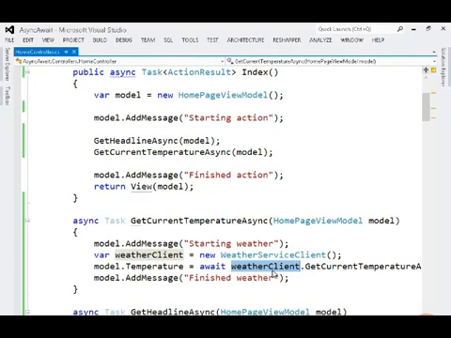Now this is not typically something that I'd want to do. Specifically, I wouldn't want to create async methods where I'm passing my model around. I would rather have these methods return a task of int or a task of double, grab that result back in the primary action and assign it to the model myself. I don't like having that side effect inside of these methods, but this is just for demonstration purposes, and it